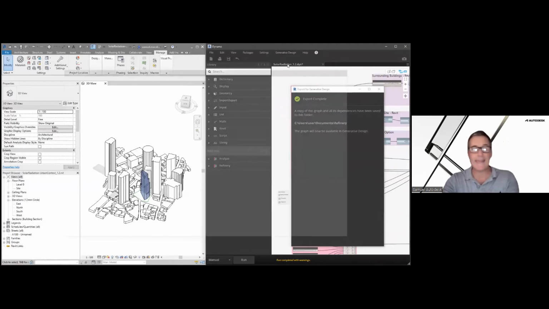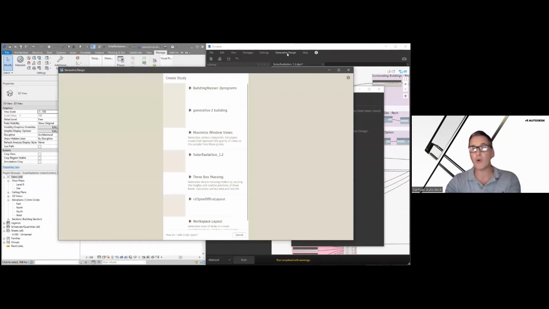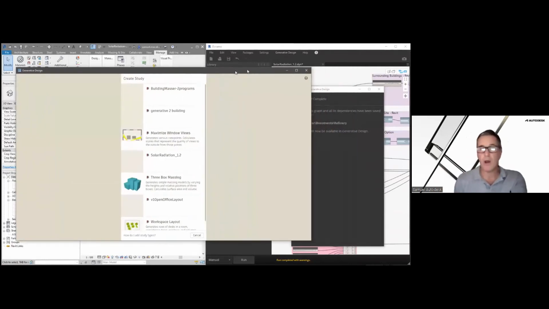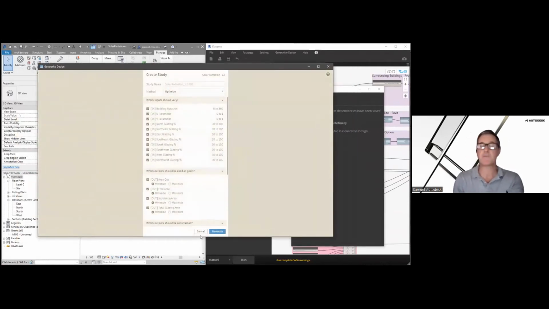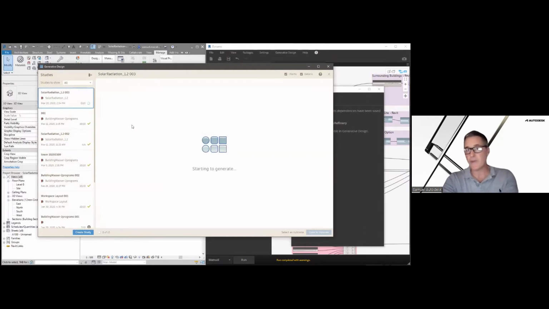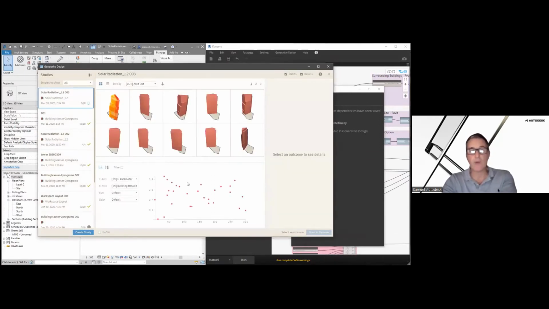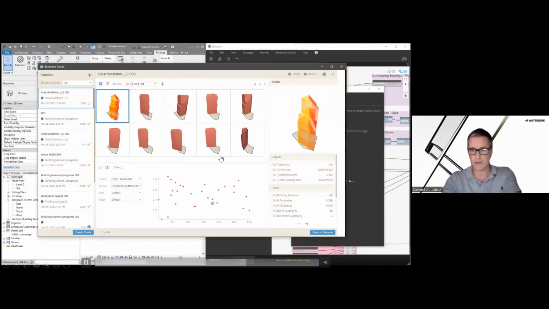You can then export this to Generative Design. So this is the workflow if you're just using Dynamo and you want to connect it to Generative Design as opposed to the Generative Design for Revit that comes in the AEC Collection. So here we've exported that script and we're starting to generate. And now we have options, and we can start to review the details of those options.